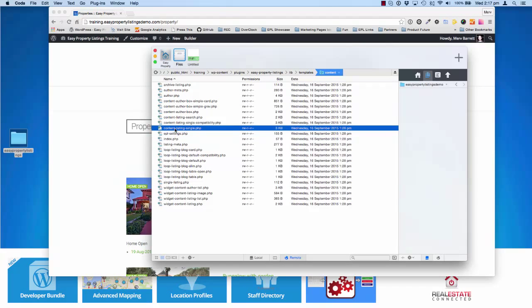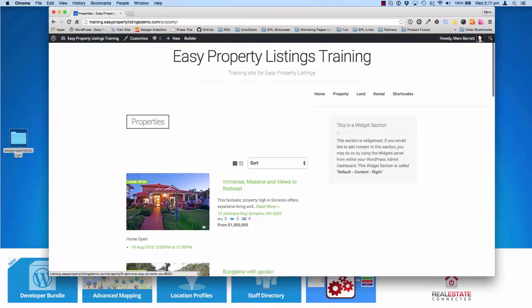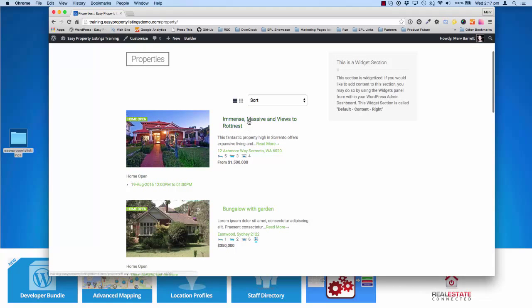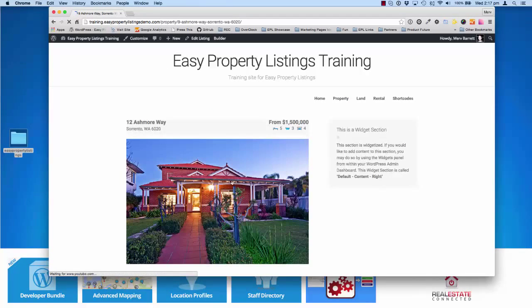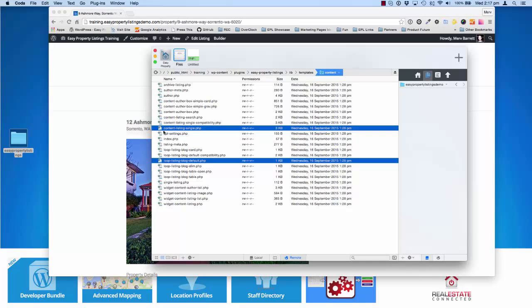So I'm going to take the content-listing-single, and we'll also take the content-loop-listing-blog-default. These are the default two templates for either this view, which is the loop view, or the single listing, which is this view. If we make some changes, we'll be able to see our results. I'm just going to copy these two files for now onto my desktop into the Easy Property Listings